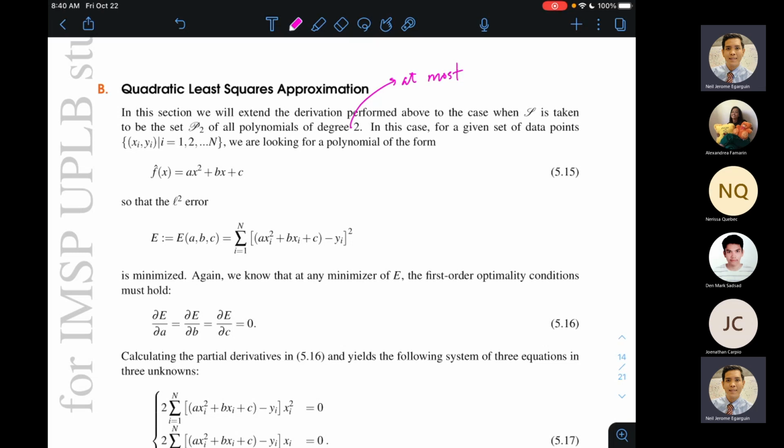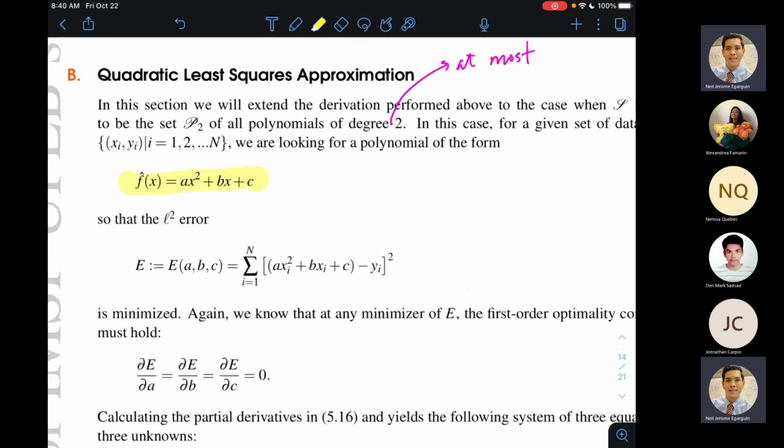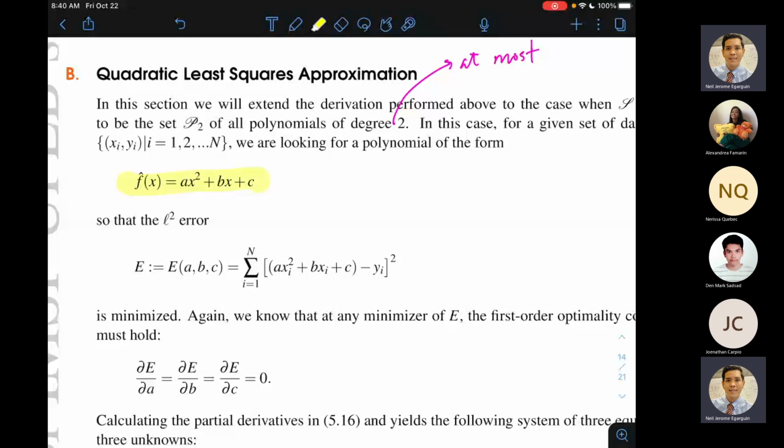So therefore, yung hinahanap natin na minimizer ng error will be of the form f hat equals ax squared plus bx plus c for some unknown parameters a, b, and c. So yung laman ni S ay mga functions na ganito yung itsura for real values of a, b, and c. And then we want to get the best fit among these candidate functions to a set of data x sub i comma y sub i. And this best fit will be measured against the squared L2 error against the